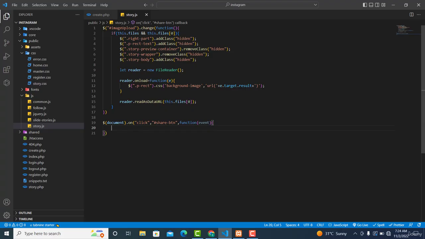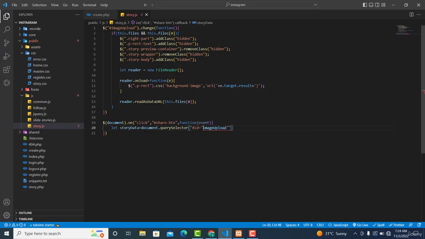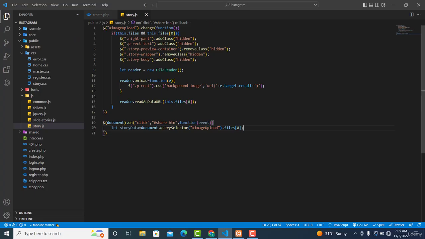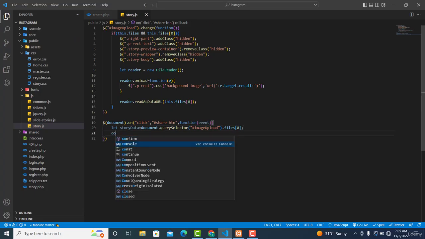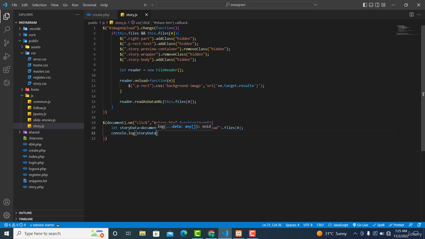So first we need to get it, right? So this one will be let storyData, or story image, it's up to you, but I'm going to call it story data, equal to document.querySelector. And this one ampersand and paste it here. Let's remove this one from here and also this one from here. Then .files. Then this one will be [0], then semicolon. So now let's do console.log to check what we are getting. console.log(storyData);